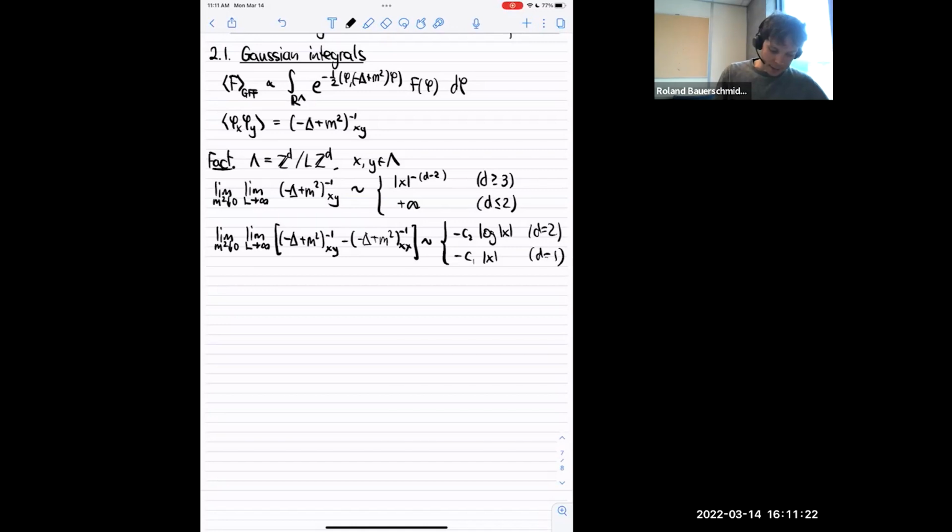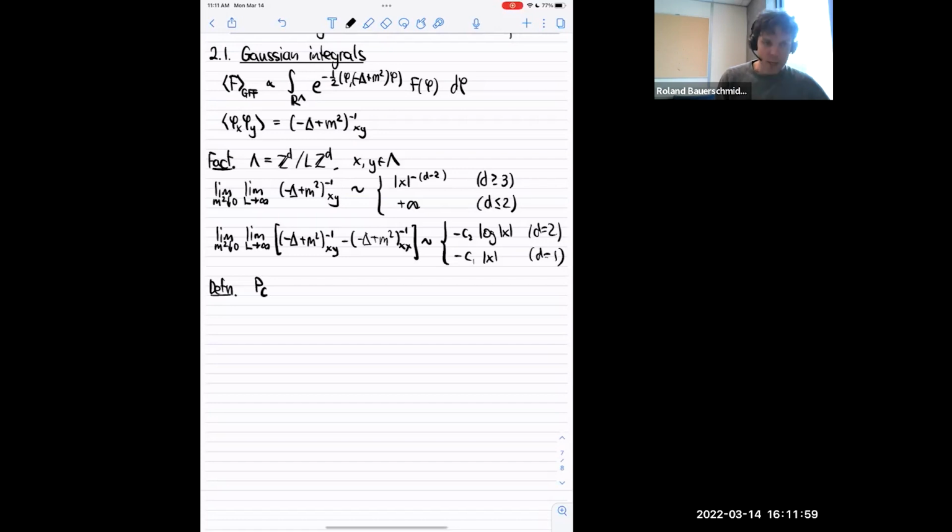But it should be plausible from this that it may be useful to decompose these singularities or divergences of the free field and look at what happens at one scale at a time. So you can imagine decomposing x to the minus (d-2) in various ways, and similarly for the log, etc. We want to do this at the level of the Gaussian reference measure. So let me just set up some notation for a Gaussian measure.